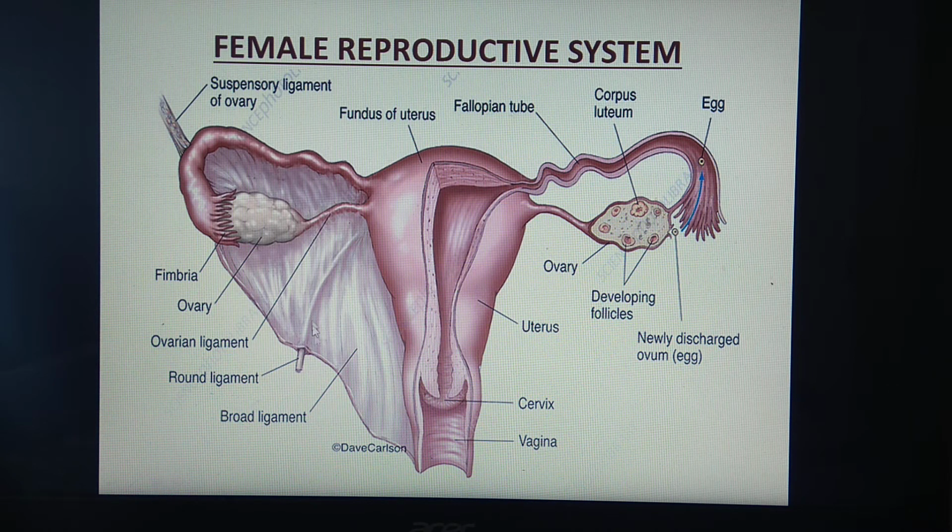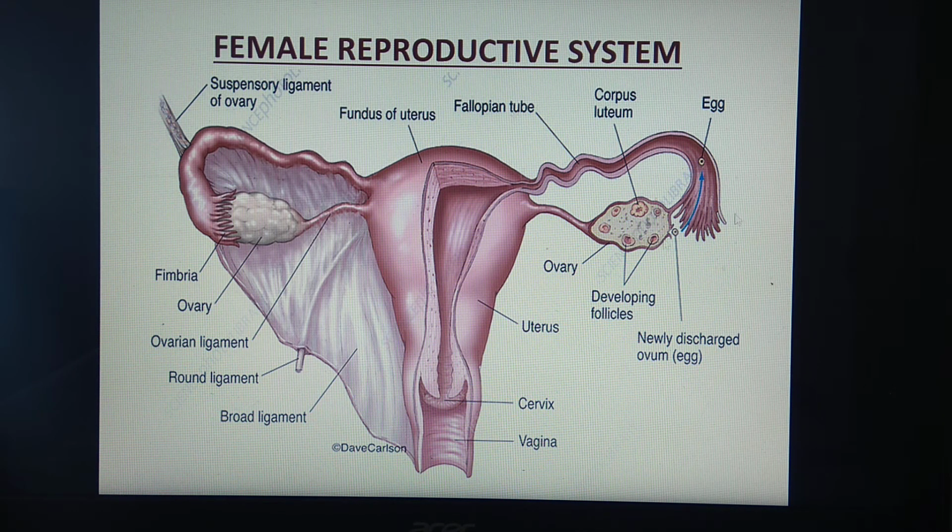Okay, so what have we studied? We have seen the position of these ovaries, where they are towards the upper lateral side of the pelvis. We can also say that it is situated below the fallopian tube, and one ovary on either side of the uterus. This is the uterus. So one ovary towards one side and the other towards the second side. So the position of the ovary is studied, as well as how it is supported. It is because of the ovarian ligament, and second because of the broad ligament, which is the largest of all ligaments. And what is this ligament made up of? It is made up of peritoneum.